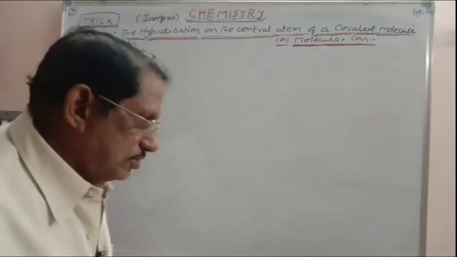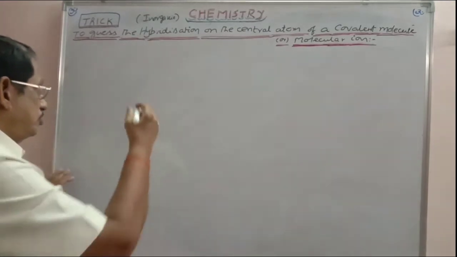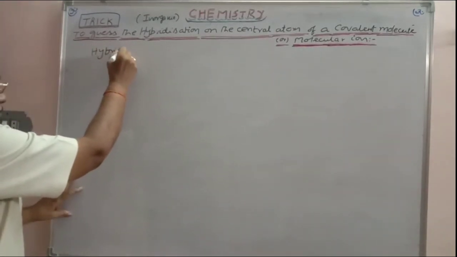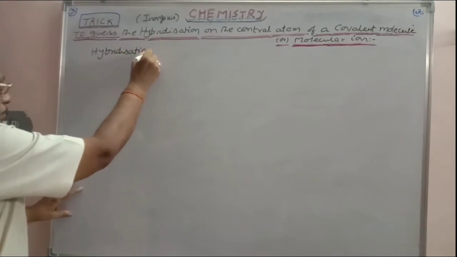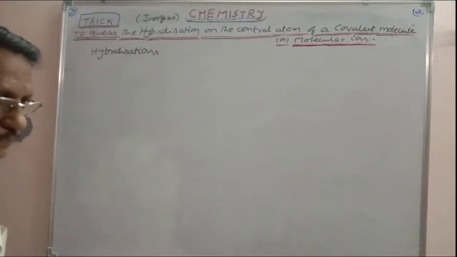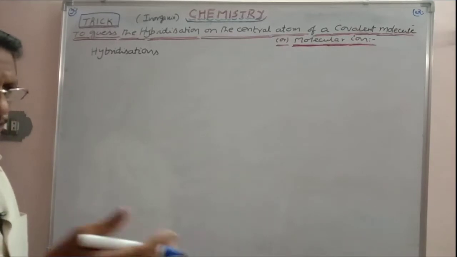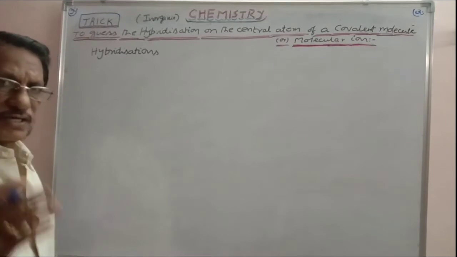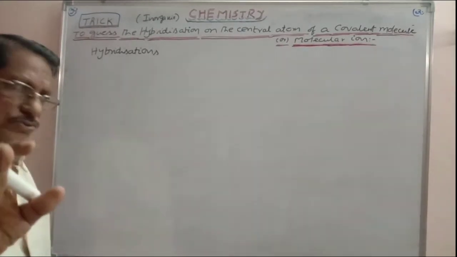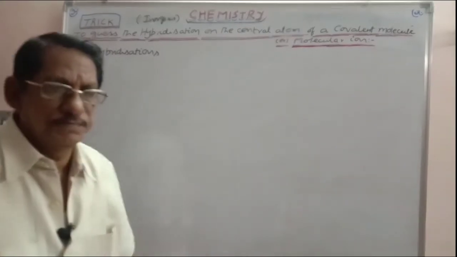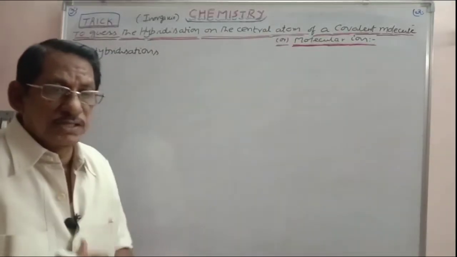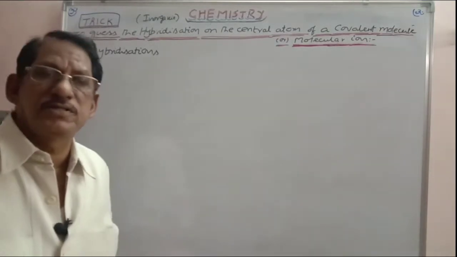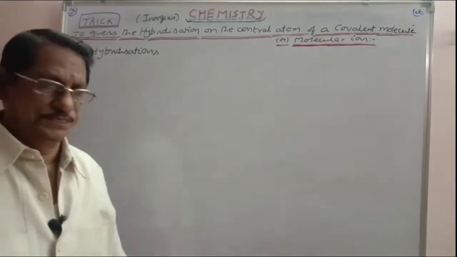Now first let us consider the types of hybridizations that exist in chemistry, both in organic and inorganic. In organic chemistry we have carbon compounds. Their carbon always undergoes only three types of hybridization. Do you know? sp, sp2, sp3, right? But in the case of inorganic compounds, it is extended. D orbital involvement is also there in the hybridization to give a particular peculiar structure.